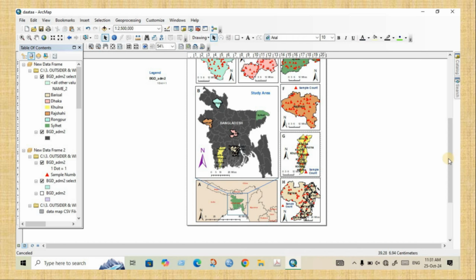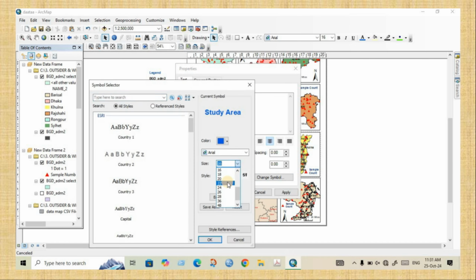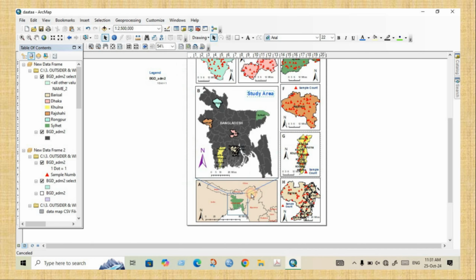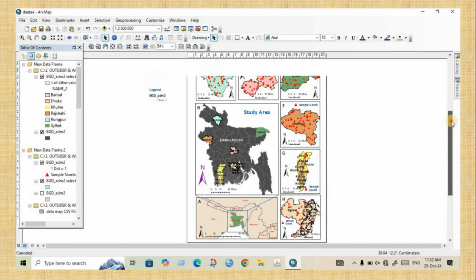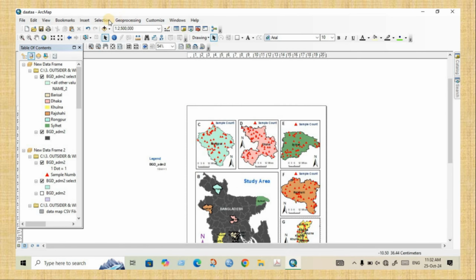Okay, almost our figure is ready. We increase this font from 16 to 22, apply, okay. So next we can write a figure title in here. That is why we insert the text. From the text here we can write